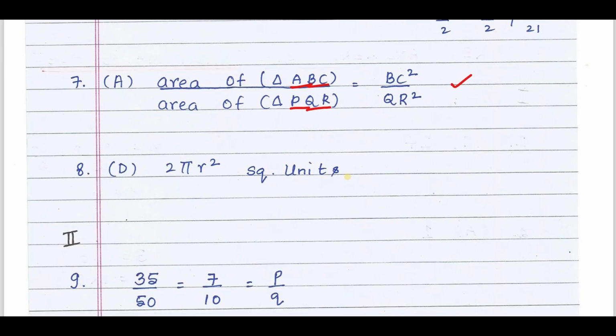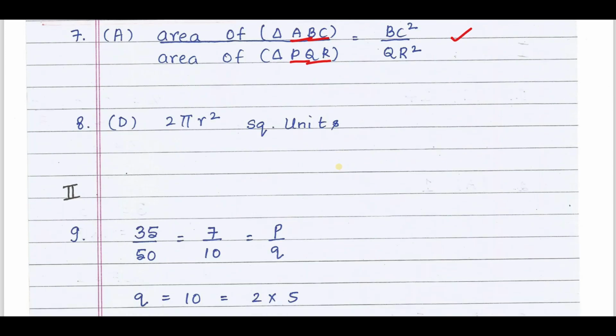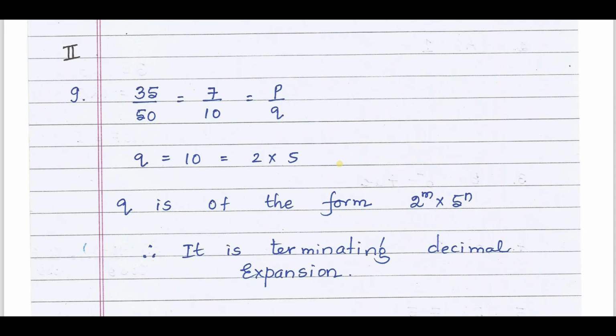Next, the curved surface area of a solid hemisphere of radius r units is 2 pi r square units. CSA of hemisphere is 2 pi r square units. Ninth question,